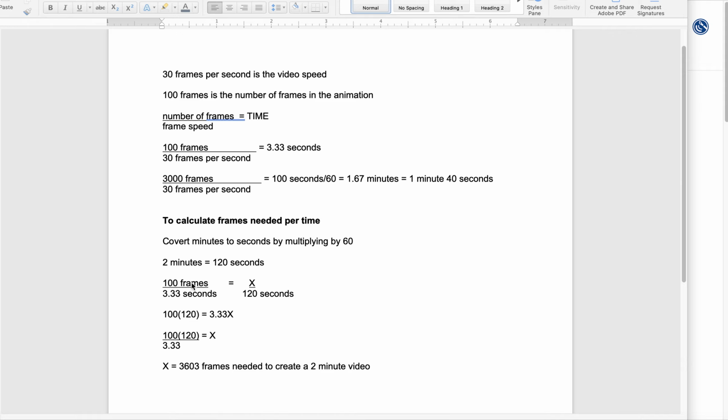How we're setting this up is we know that 100 frames equals 3.33 seconds. This is our default. These are our knowns. Our unknown is how many frames are in 120 seconds. So we cross multiply across the equal sign and get 100 times 120 equals 3.33x. Divide by 3.33 and x equals